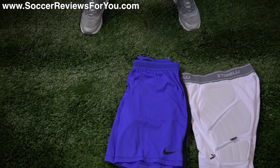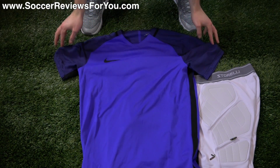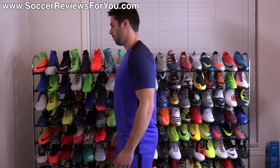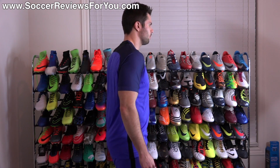As far as the training top is concerned, again, kind of sticking with that new Aeroswift line, I picked up the new Aeroswift Strike training top as well. This guy retails for another very steep price, $100 US. It looks great, obviously, the quality is very good. And again, in comparison to the original Aeroswift stuff, it's thinner this time around, both through the middle as well